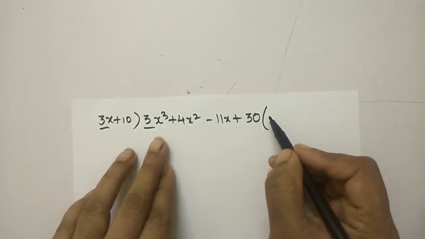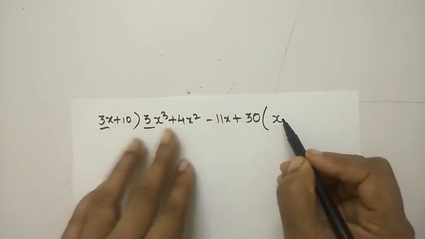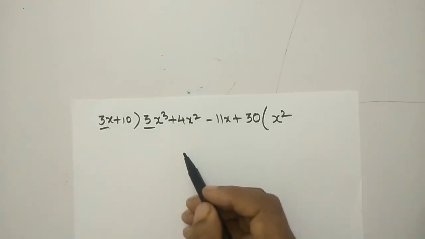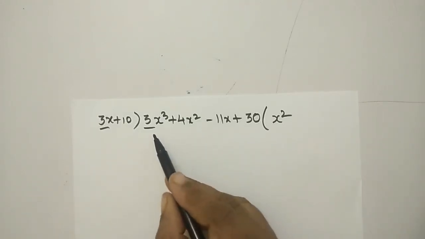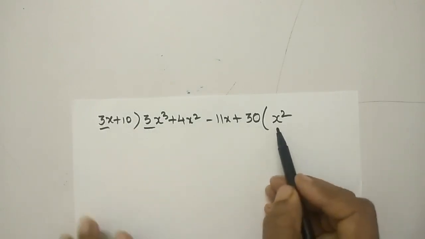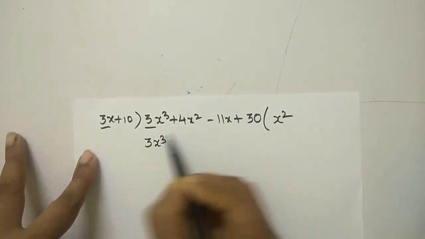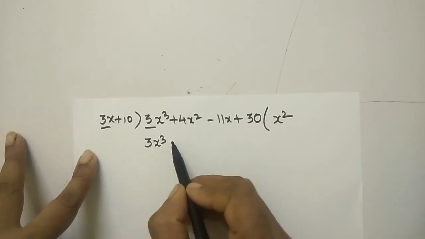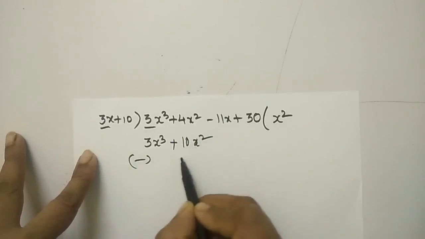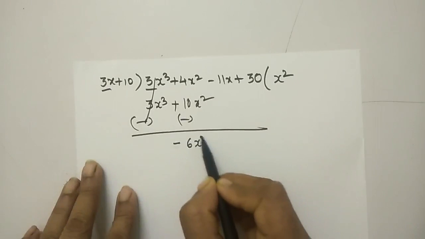X into x, here x, here also variable x. So write down x here. Here the power is 1, here 3. So to 1 if you add 2 you will get 3x cube. Is it not? So 3x into x square is nothing but 3x cube. Now multiply this x square with whole G of x. You will get 3x cube plus into plus is plus 10x square. Now change the sign. These two get cancelled. You will get minus 6x square.